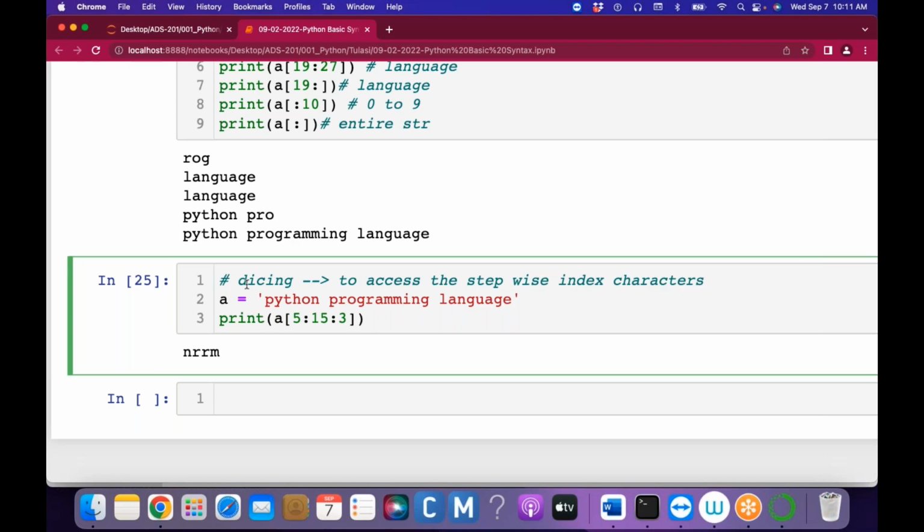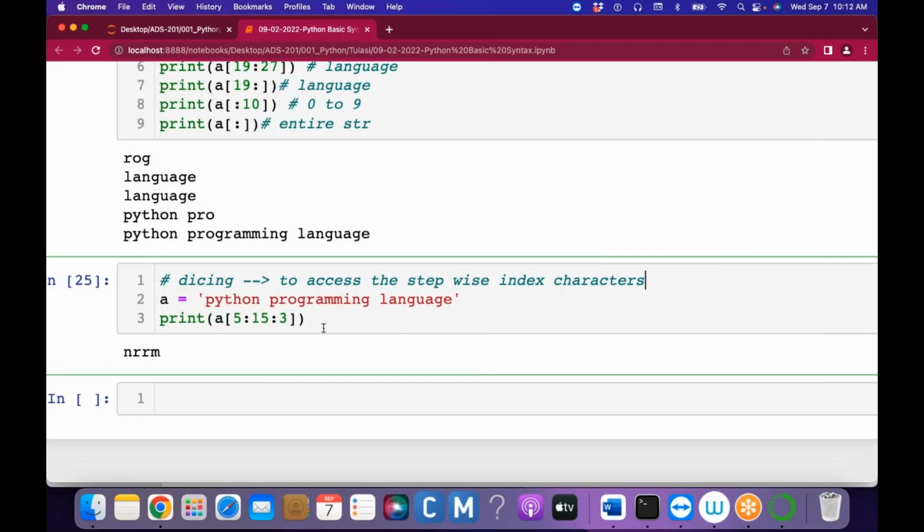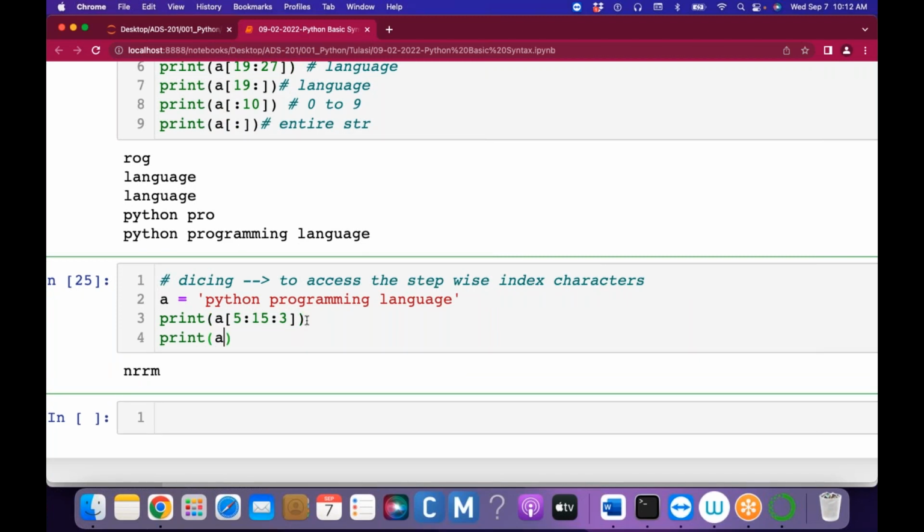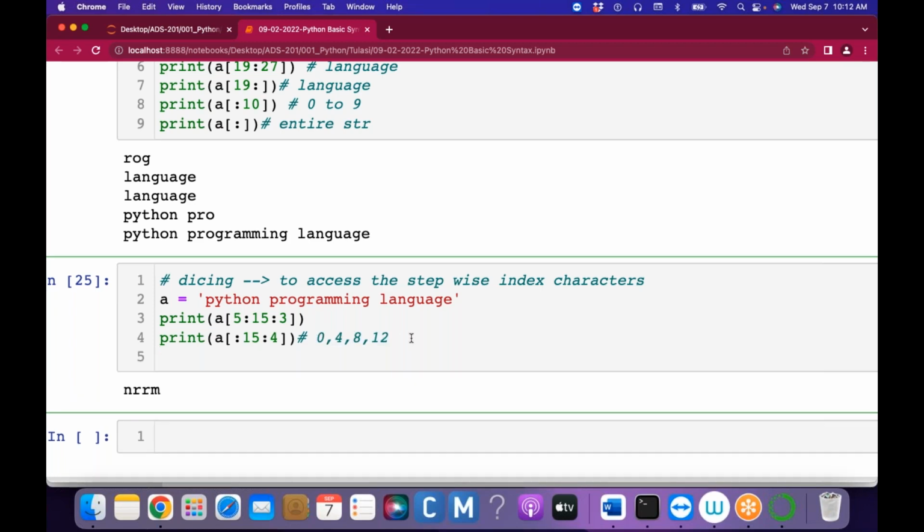So if you do not mention the start index, and just mention only the stop index and the step as 4, then starting from position 0, 0 plus 4 is 4, 4 plus 4 is 8, 8 plus 4 is 12. So 0th position, 4th position, 8th position and 12th position, whatever characters we have there can be accessed. So that's the reason